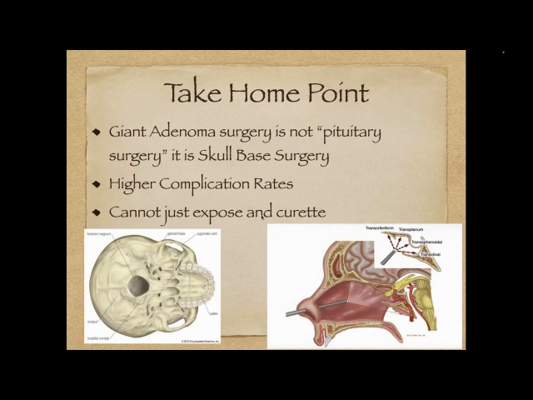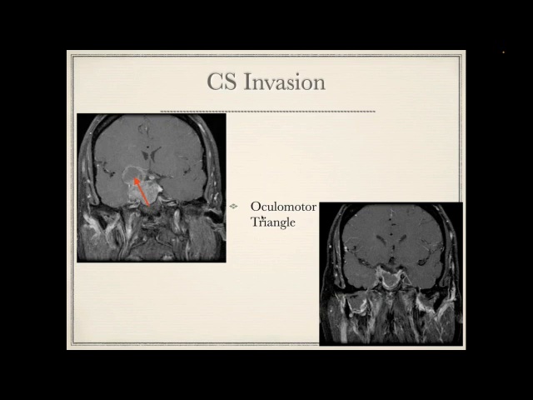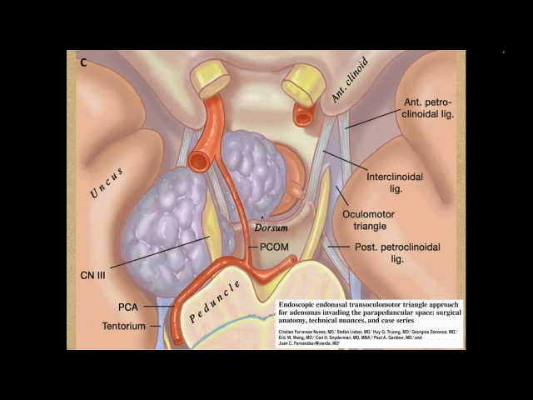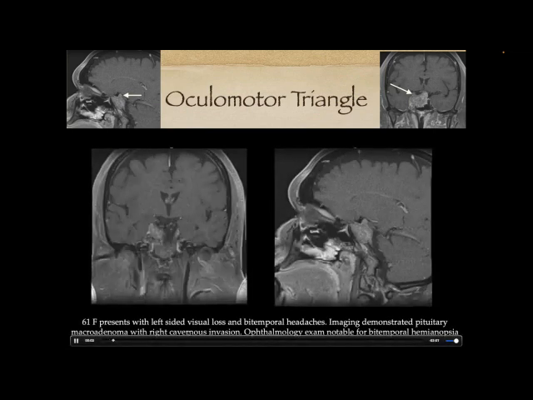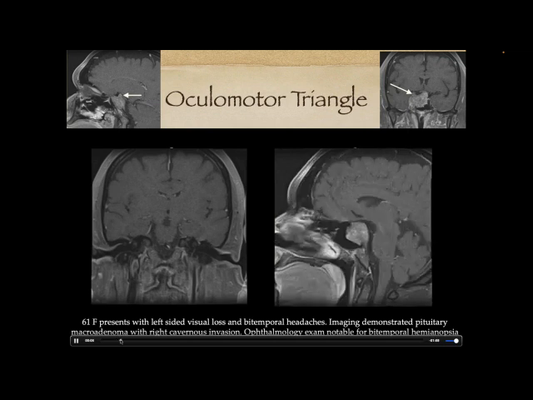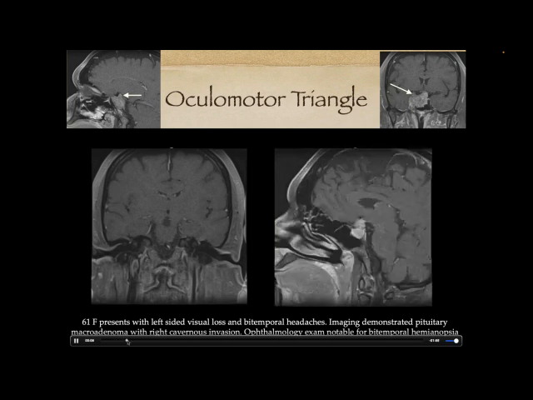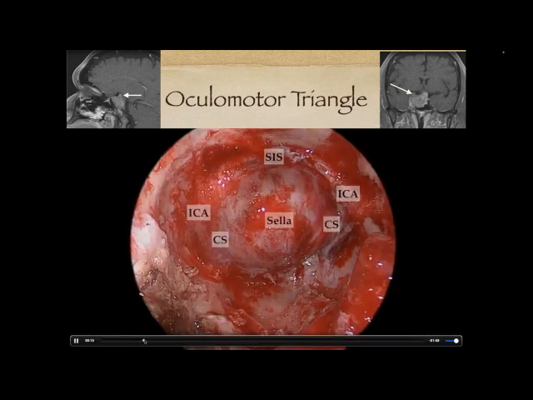And these giant adenomas, if you don't know what you're doing, can have a higher complication rate, and you can't treat them the same. The traditional techniques for pituitary surgery simply don't work as well for removing some of these giant and invasive tumors. We also learned over time that there are some ways that we can chase these tumors as we understand the anatomy better. There's something called the oculomotor triangle that we published on, where there's tumor that escapes into a certain region, and it almost looks like it's beyond where you can get to, but by understanding exactly how it got there and what its relationship is to critical nerves, we can actually safely access it.